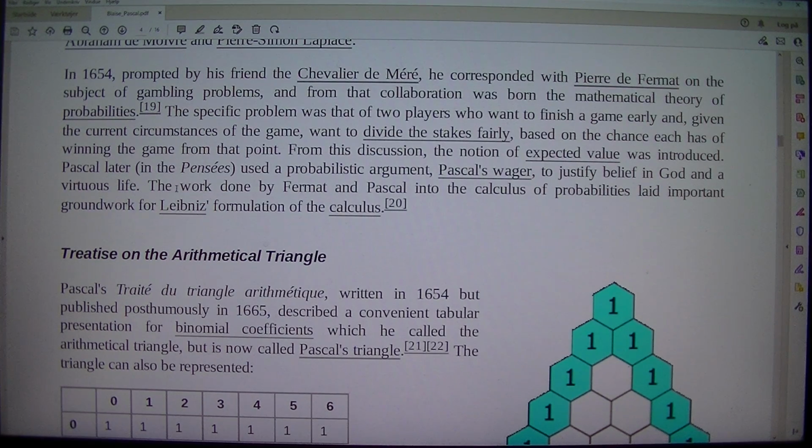Pascal later, in the Pensées, used a probabilistic argument, Pascal's wager, to justify belief in God and a virtuous life. The work done by Fermat and Pascal into the calculus of probabilities laid important groundwork for Leibniz formulating